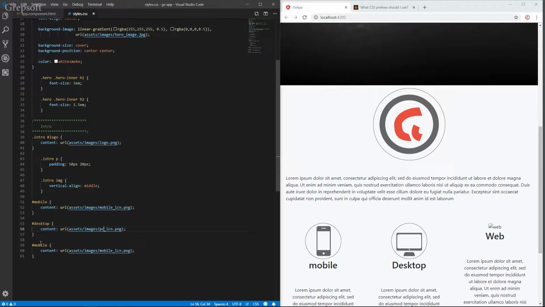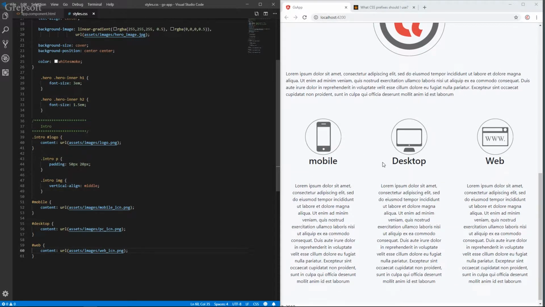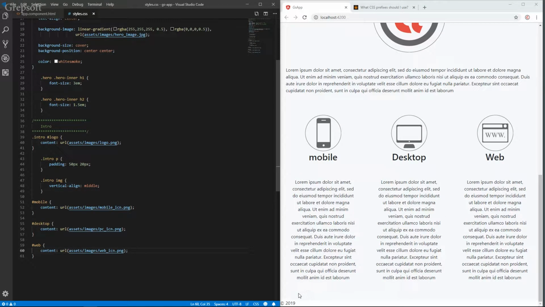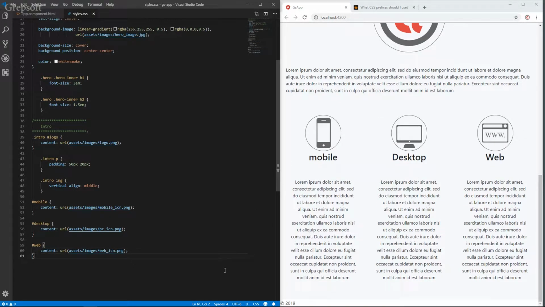There you go. What about this one? This one is going to be web, and then this one, I think it was called web. Well, look at that. So you got your icons. You ignore the footer. We'll fix that. Alright, so with that done out of the way,